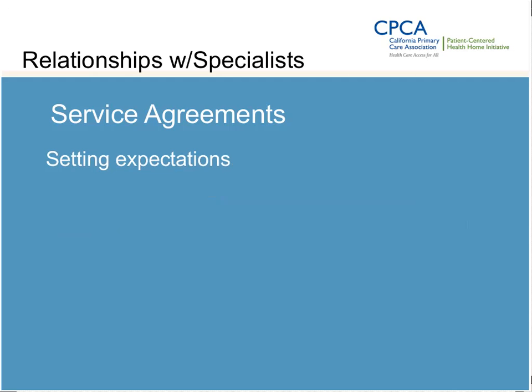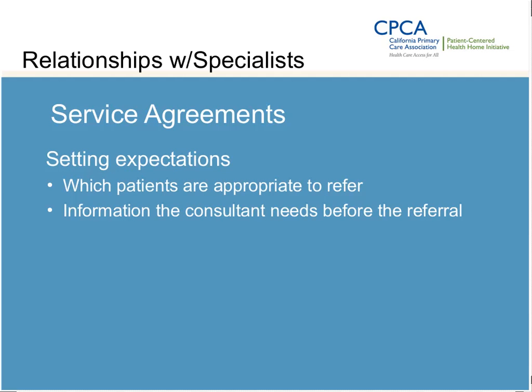The discussion might begin by considering important categories of patients, such as patients who need an urgent referral, who need follow-up care after hospitalization, who need a procedure or need a consultation for an ongoing problem. For each patient type, both the primary care provider and the specialist should state and discuss their specific expectations. These expectations should cover which patients are appropriate for referral, information that the consultant needs before the referral, such as records and test results that need to be available prior to the visit,